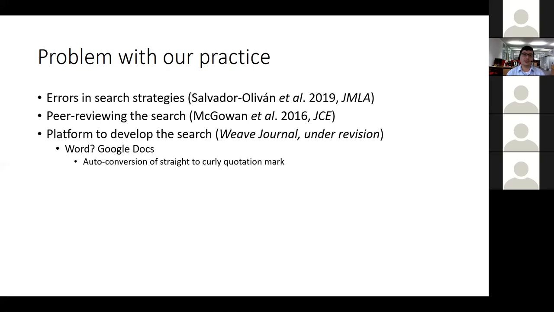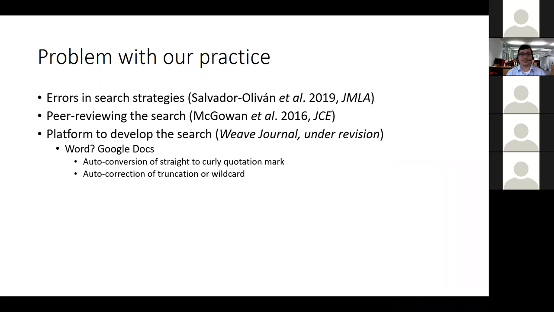And usually when you're developing the search and you are using quotations either in Google Docs or Word, it automatically converts your straight quotations to curly quotations unless you press Ctrl-Z or deactivate that feature. Sometimes you are truncating or using the wildcard for British or American spelling, but Word or Google Docs automatically corrects it. And it is a very prevalent error that I've made, and